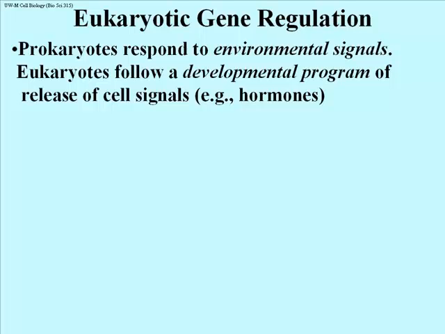Sometimes there are hormones, sometimes there are substances produced by neighboring cells during embryogenesis which dictate that a blastula becomes a gastrula and that a gastrula becomes a primitive embryo and then the embryo develops and so on. You may have seen a little bit of this in 150, this developmental programming. And to do this, genes get turned on and off, and we know that different cell types in multicelled eukaryotes are in fact different because they are expressing different sets of genes.